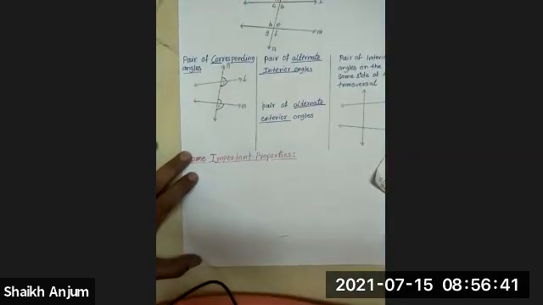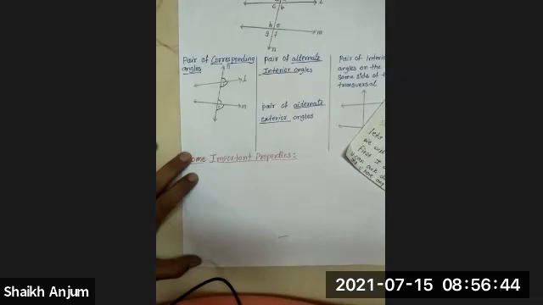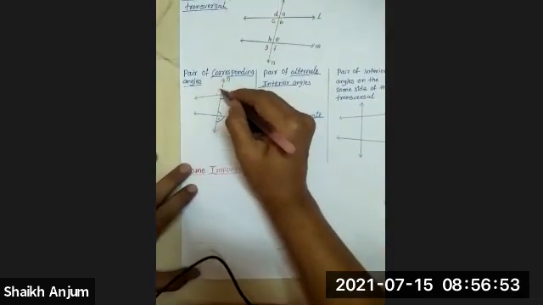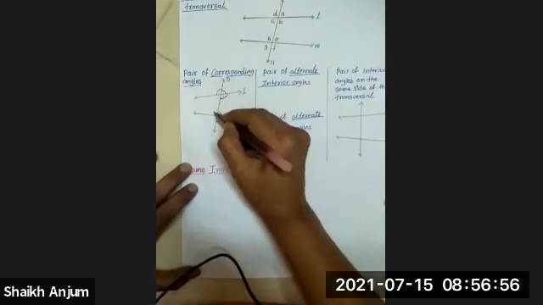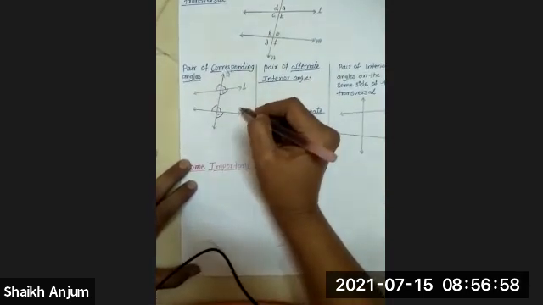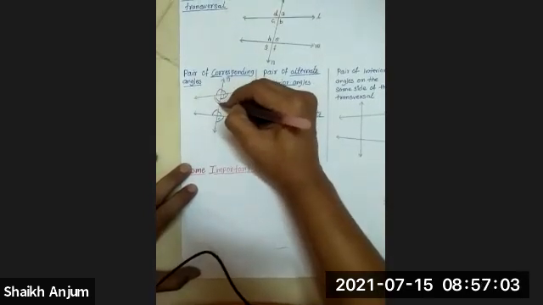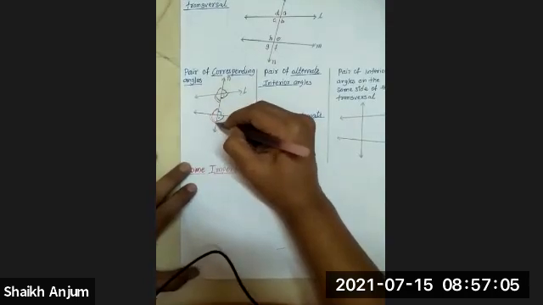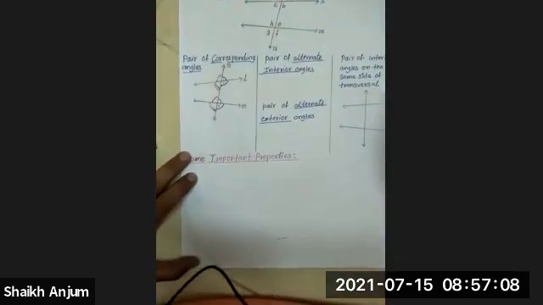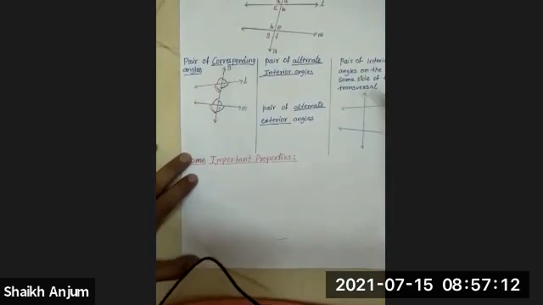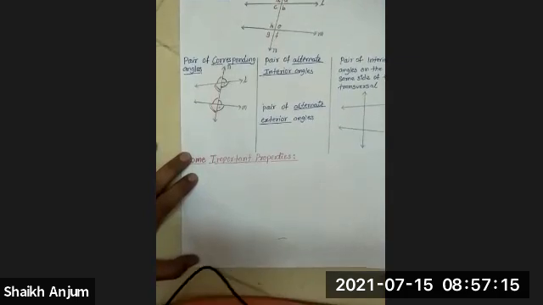Likewise, you can also take the angles on left side. Okay, so here is another pair of corresponding angles, this one, and the second pair is this. Okay, so those are the four pairs of corresponding angles you can see here.